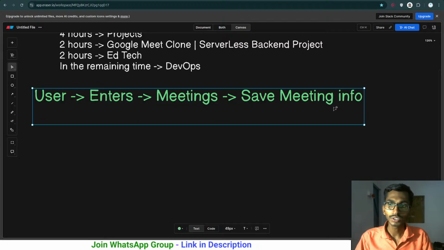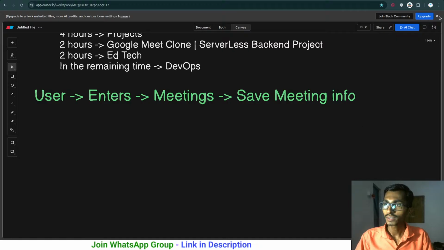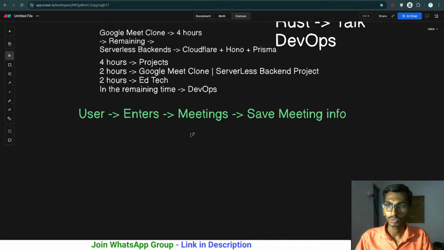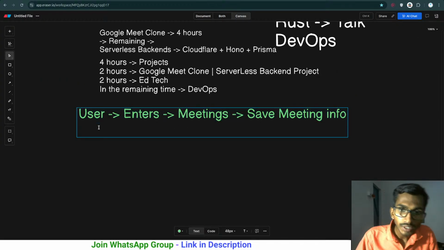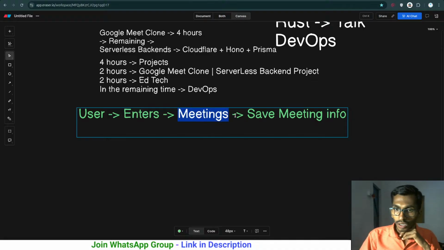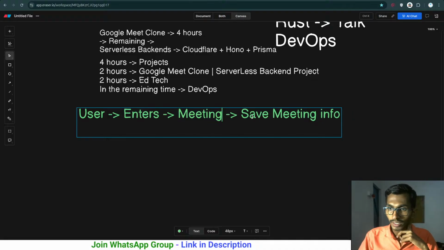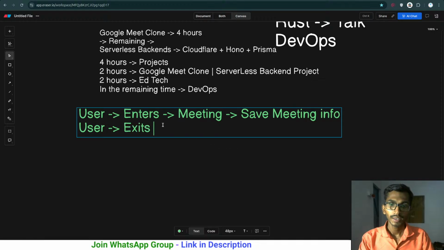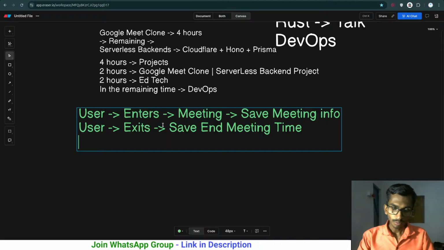It's not like code is not written for it, the code is written, but that is not working as expected. So I'm going to be just simply focusing on this. So when a user enters a meeting, at that time I have to save the meeting info in the database. Apart from this particular thing, when the user exits, at that time I have to save the meeting info again, like save end meeting time and all. So this is what I'm gonna be doing, but the question is, when the user enters the meeting, that's okay,